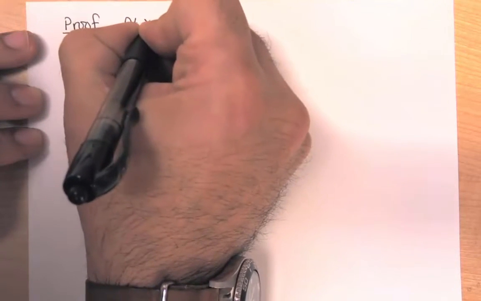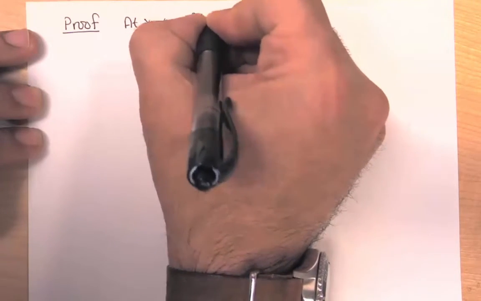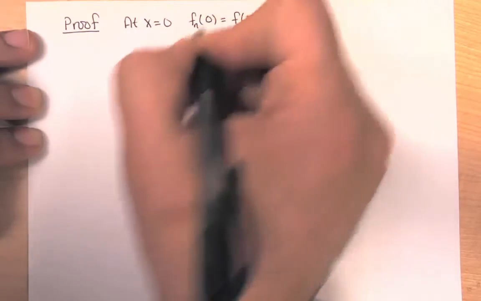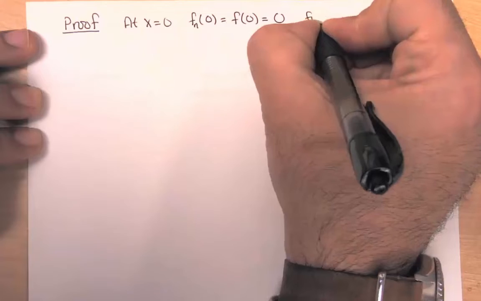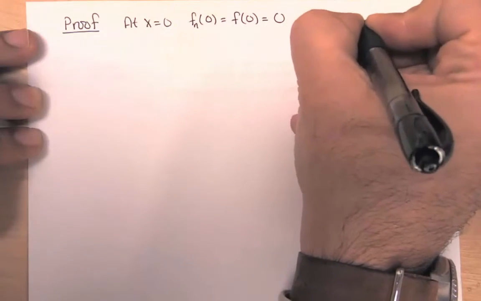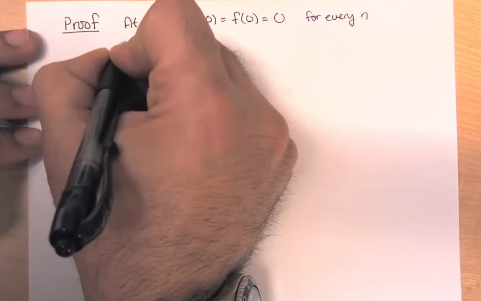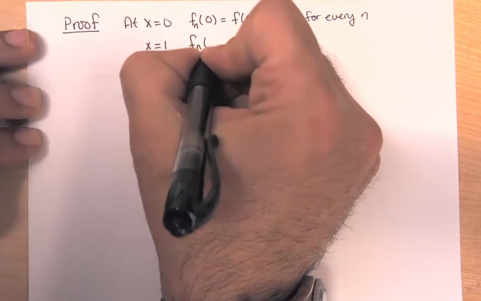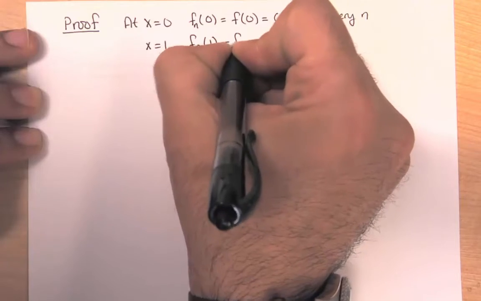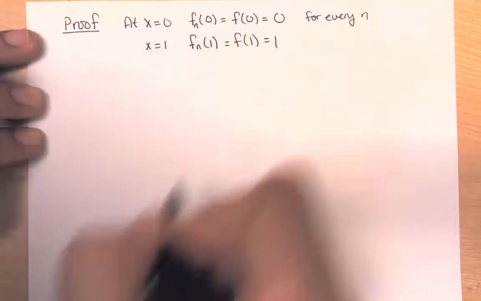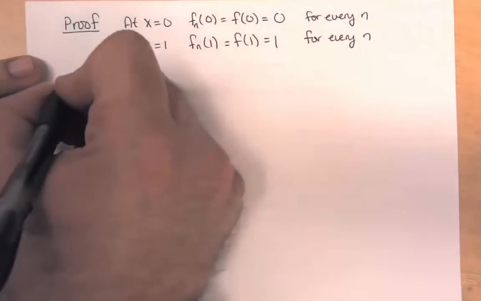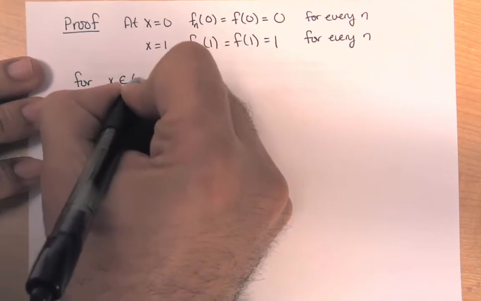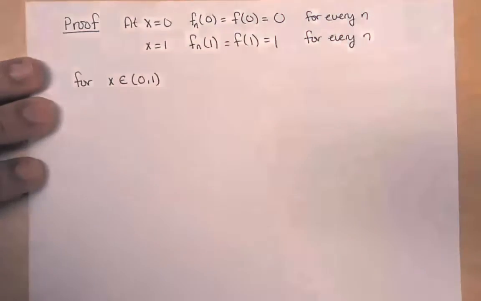At x equals 0, fn of 0 equals f of 0, which specifically equals 0 for every n. Similarly, at x equals 1, fn of 1 equals f of 1, which equals 1. For x strictly between 0 and 1,